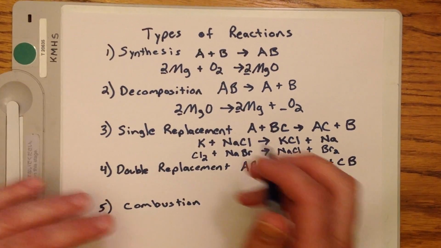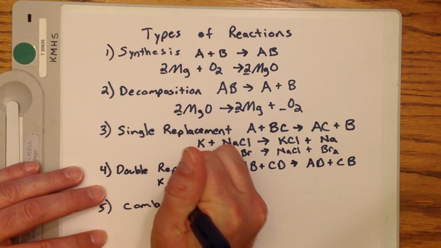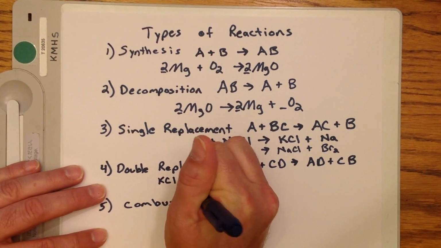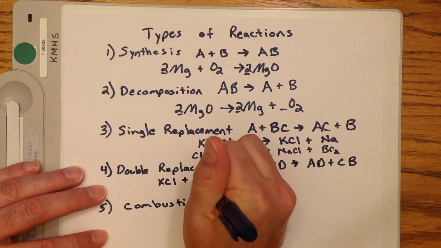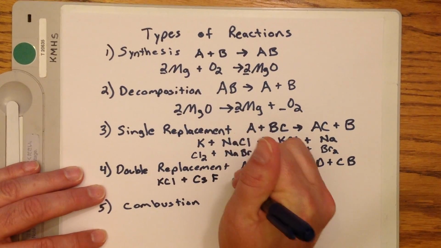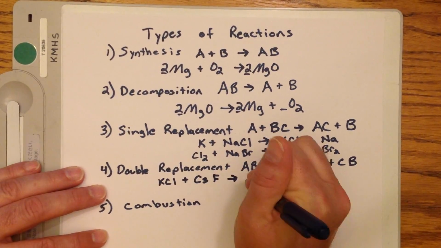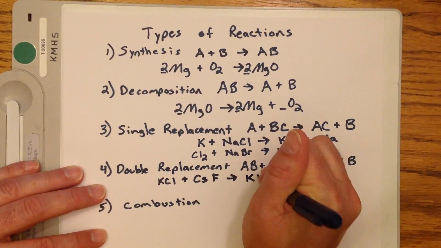So we'll go ahead and start with something very simple like KCl, potassium chloride, and we're going to add some cesium fluoride to it. Okay, so we're going to make some KF, potassium fluoride,